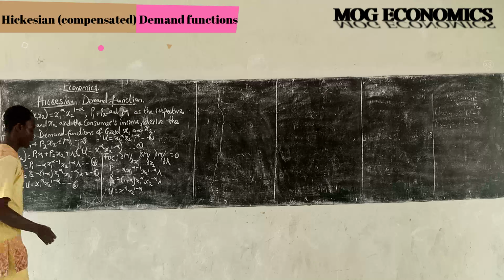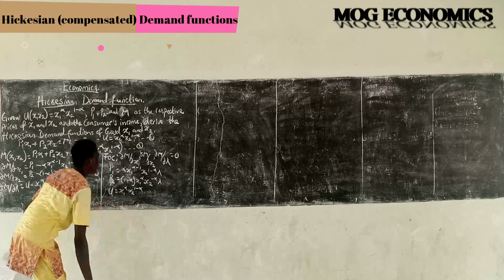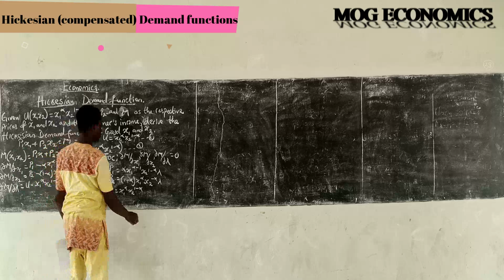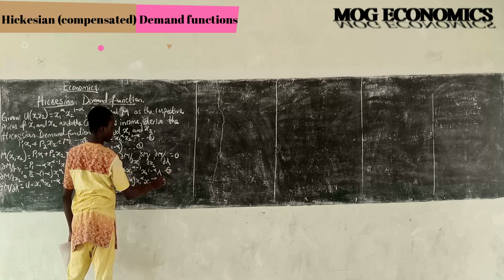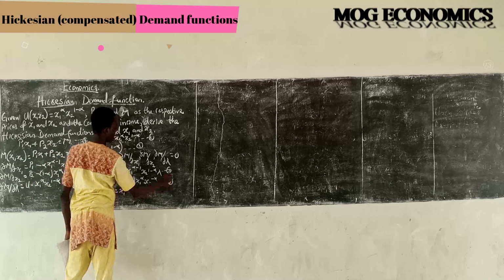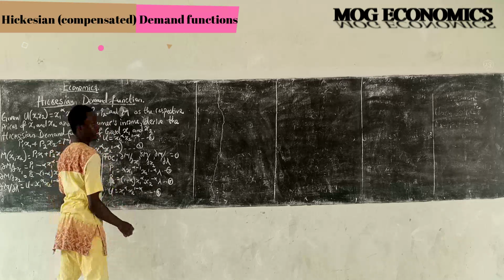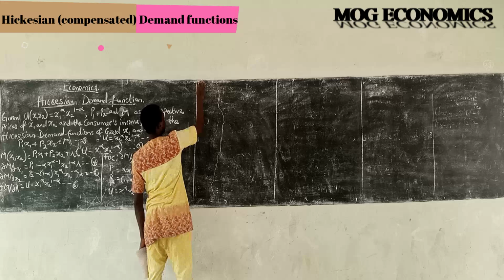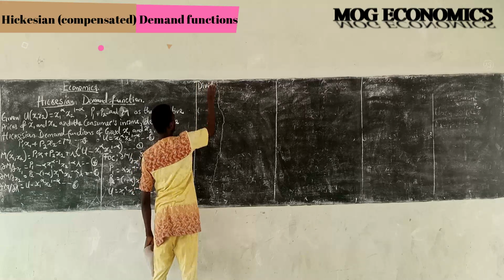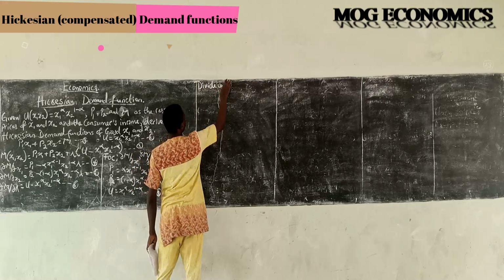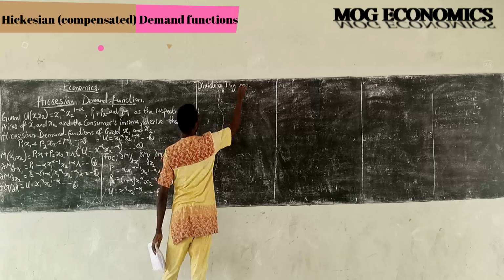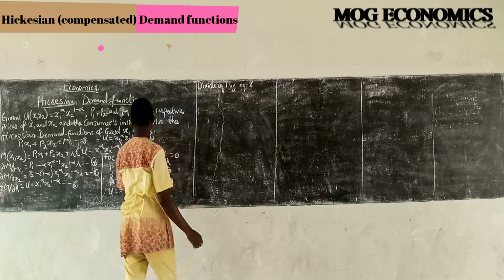So what we just have to do from here, let me name these equations. So 6, then we label them 7, 8, and then 9. So we divide equation 7 by equation 8. Okay, divide equation 7 by equation 8. So when we do that, we have